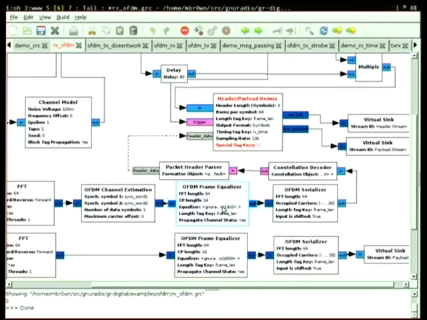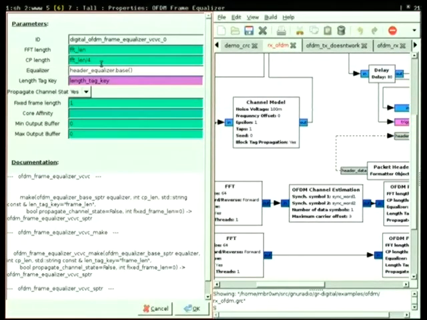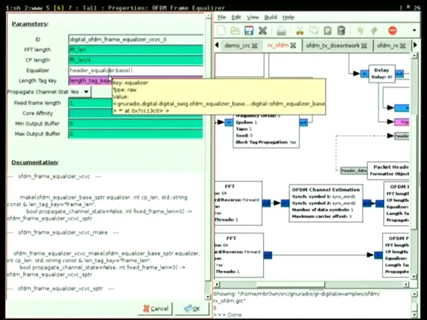Say the header parser is giving me faulty data, then I have all the tools of GNU Radio to debug this. The frame equalizer has the same concept as the packet header generator: the actual DSP algorithm is not in the block itself, and you can change the DSP algorithm by passing different